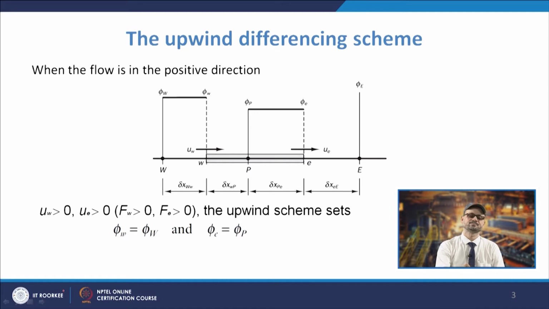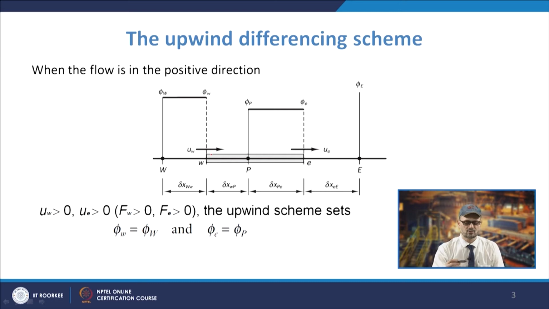you have the velocity uw here at the west cell face, and here you have ue. In the case of the upwind differencing scheme, which is also known as the donor cell differencing scheme, we take into account the effect of the flow direction while we find the value at the cell face. The convected value at the west cell face will be taken as the value equal to the